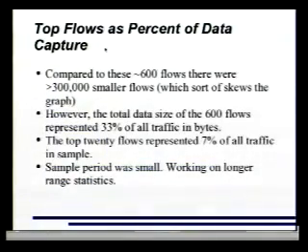During that same sample period, there were over 300,000 smaller flows, which I didn't put on the graph because it would make a big funny line. Almost all the alerts that triggered during that period, whether they're false positives or not, were in those 300,000 smaller flows. However, if you add up the bytes in those top 600 flows, we're talking 33% of all the work the capture card was doing was dealing with those larger flows. And the top 20 flows represented 7% of all our traffic for that period.